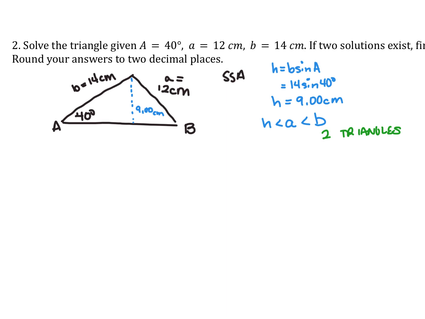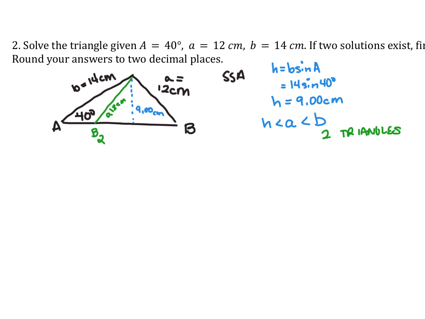And so one thing that cannot change are our givens. So angle A is 40 degrees, that must be 40. Side B of 14 centimeters stays the same, and so does side A at 12 centimeters. So when the height is less than A, what happens is this 12 centimeters can swing to the inside to here, and that A would still be 12 centimeters, but now we have a B2,